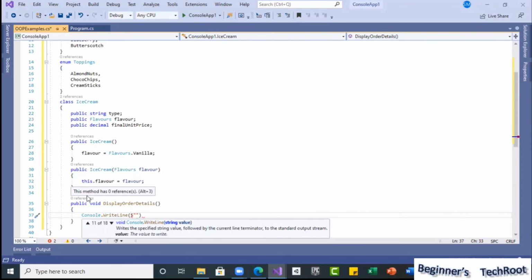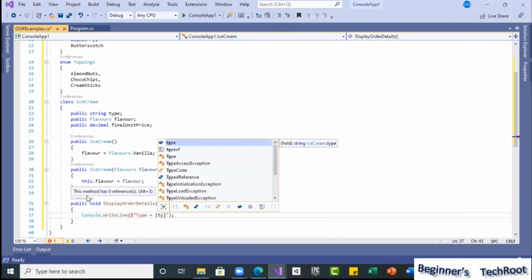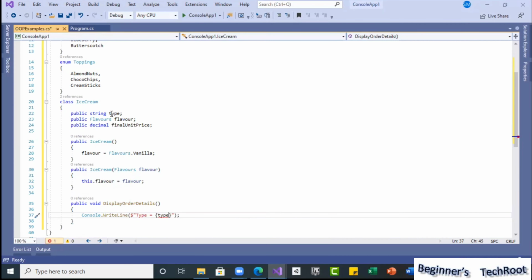Now, what details can we display here? I can display the type. Here we defined type as the variable name. So that type I am using, and then I will give a new line.